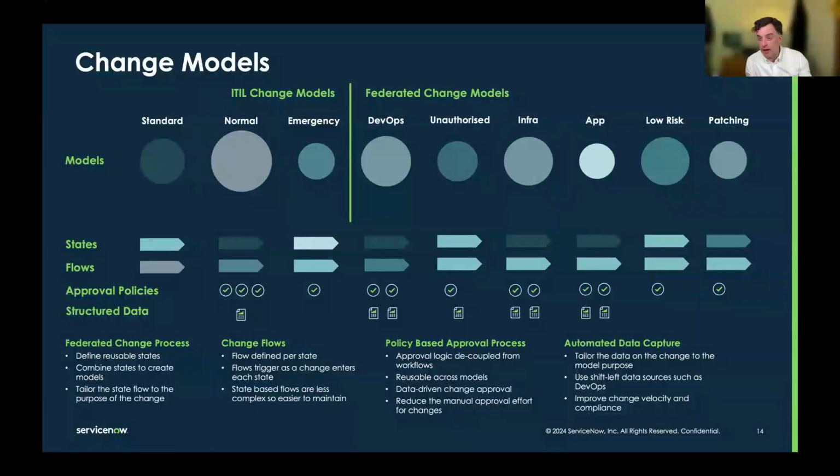And I'm going to give an example of that next. So we're going to look again at DevOps. It's a really good example, but you can think of examples where a lot of customers I talk to are using change models now for normal, standard and emergency, but they're also using models for things like patching. They're also using models for things like infra, for firewall changes. So starting to spin stuff off and starting to look at doing this change differently, having a specific state model, a specific set of flows, and looking at the data for, say, having a DevOps model, looking at the DevOps data, incorporating it into the change and making the change flow faster because we have this data and not affecting their normal change by what they do.